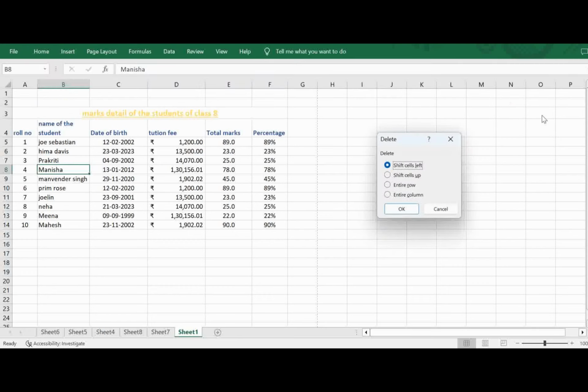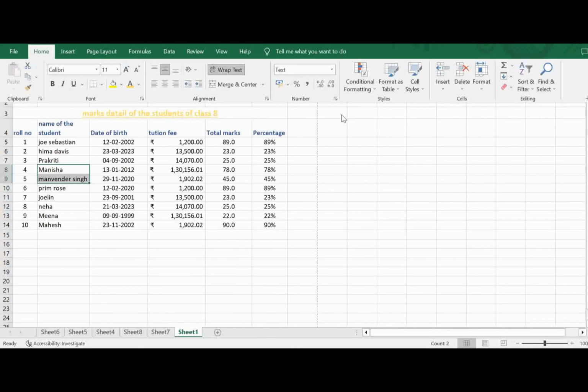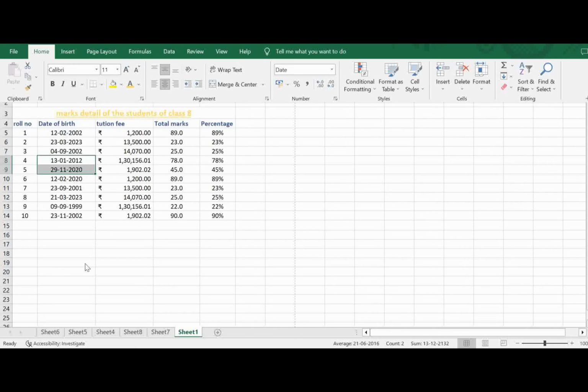I'll undo it so that you have the data back, and I'll try deleting this cell by deleting the column. So I go for this, I say entire column. The entire column called name of student got deleted along with the cell that was supposed to be deleted. Similarly, if I would like to delete the column, I have selected these 2 rows and I choose the option delete sheet columns. The entire column got deleted.